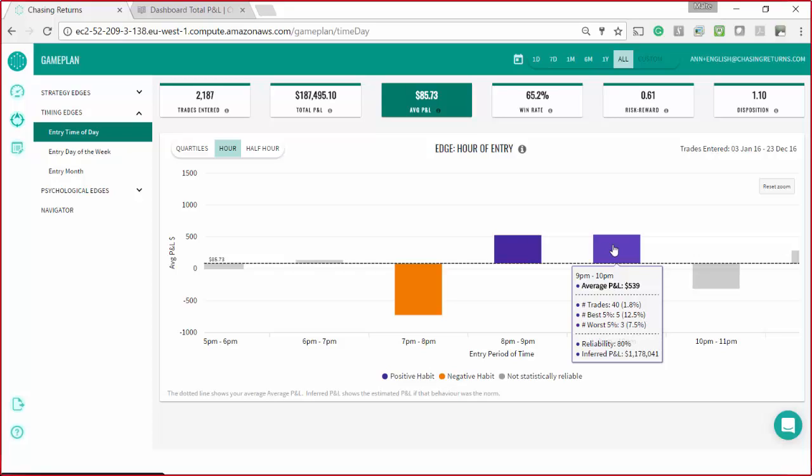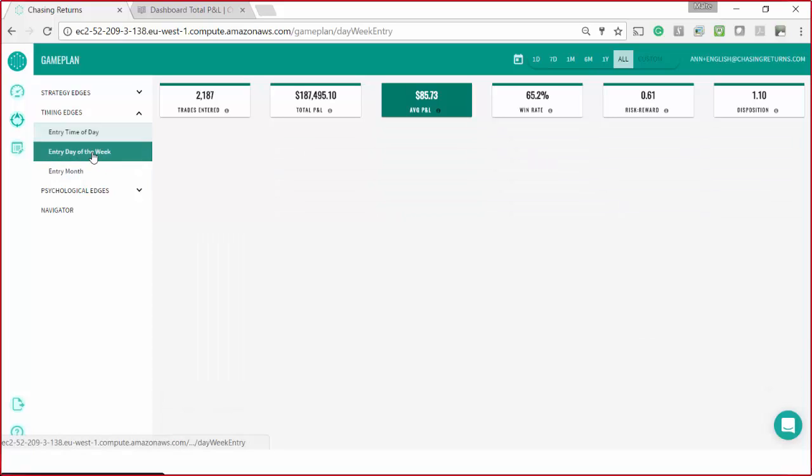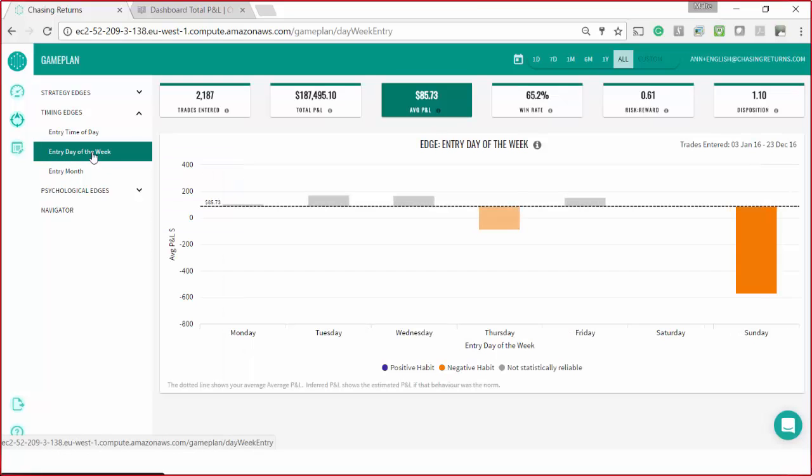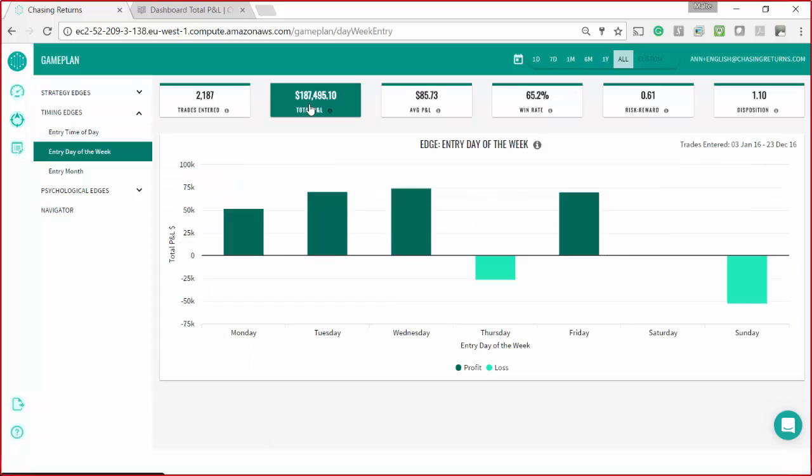And I'll explain that to you a bit more when we look at, maybe if we go on to the next one, which is entry day of week, right? So for entry day of week, would you just show the total P&L first, Malte? Because this is a really interesting chart. Okay, so